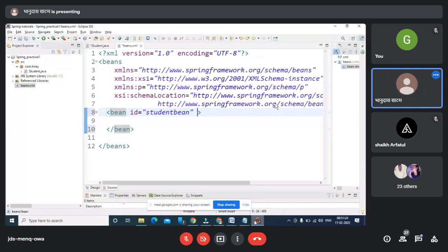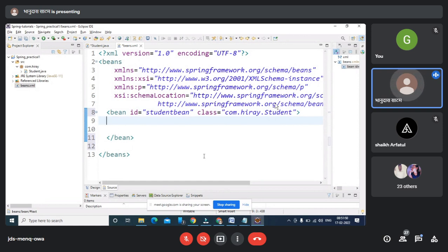So let me show, and I'm writing a class. I know my class is student.java and I know where it is located, so I have to write the whole path. So what is this com.here? Com.here is my folder, and inside that my student class is available. So I'm just using the class name and I'm calling this a student bean. As per your requirement you can give any name here, because you are referring to this student class as student bean here. Are you getting it?